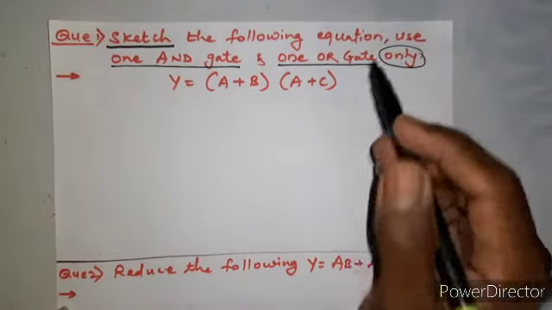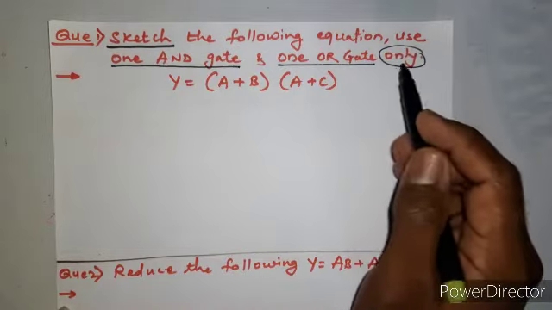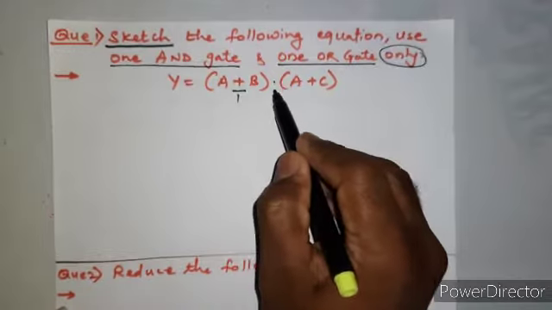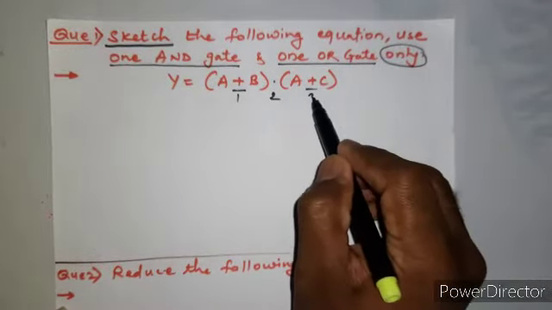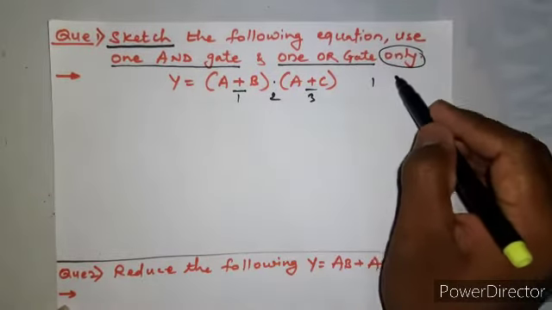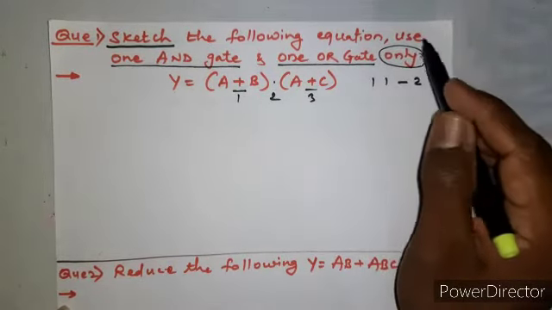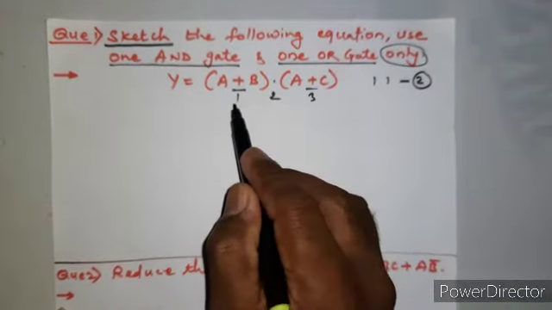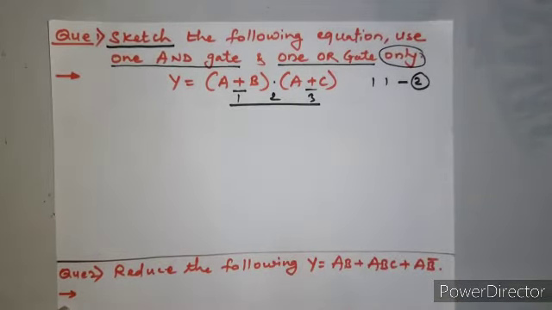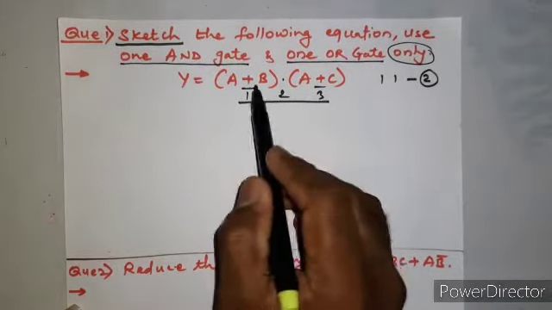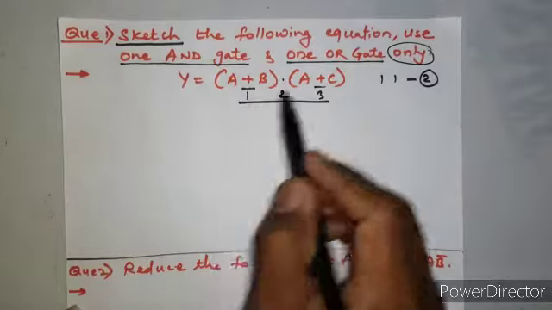If you refer to the question, how many gates do we actually have? We have this 1, then this dot is 2, and this again 3, right? So one AND gate and one OR gate means we are supposed to sketch this equation with the help of 2 gates, but actually here we have these 3 gates. Now how are we supposed to reduce this? Since this is a bracket, I'll just try to solve this bracket.